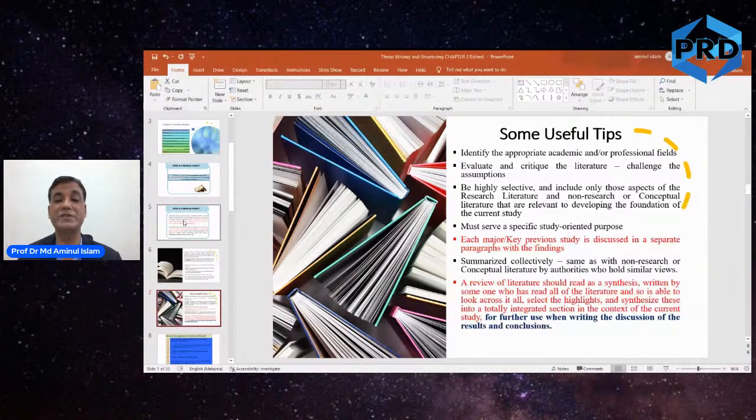In every area of research, there are certain papers, certain researches known as key study. Say, for example, if you are doing a study on service quality, definitely you have to refer to the guy who has done the first study, Parasuraman, right? He proposed the service quality 10 dimensions, then later he revised it and made it 5 dimensions. So you have to cite him. And then you have to elaborate his study and findings in one specific paragraph.